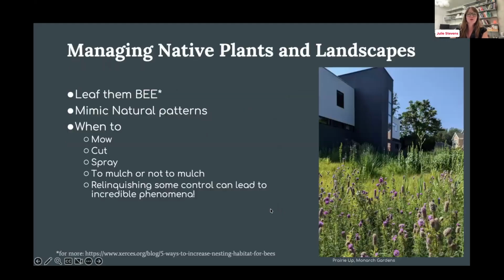Okay. So, let's talk real quick about management because I know that came up. Maintenance. I hear it all the time. I want a no maintenance landscape. I guess my hope and dream, and this is not a comment for all of you because you're here because you love the landscape, is that we start to understand that being in relationship with the landscape is really important, and that means caring for it. Because in the condition that our landscapes are in right now, they can't care for themselves.